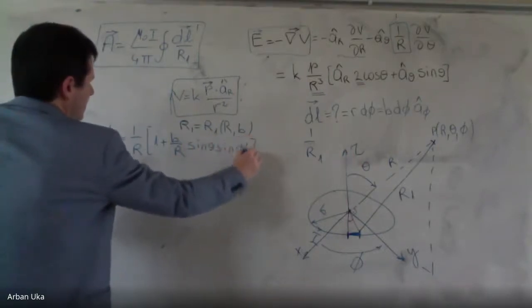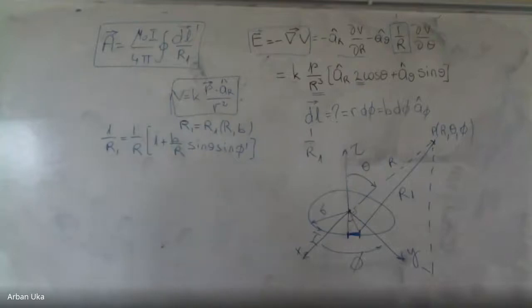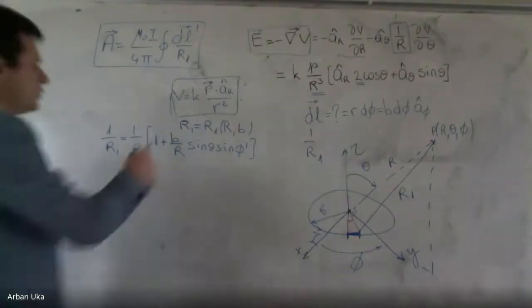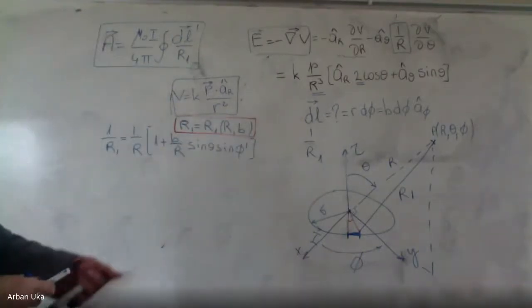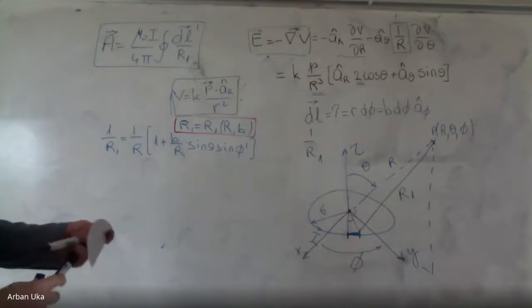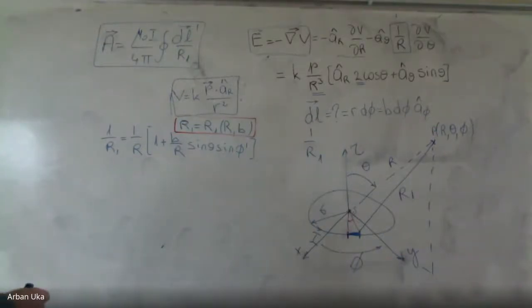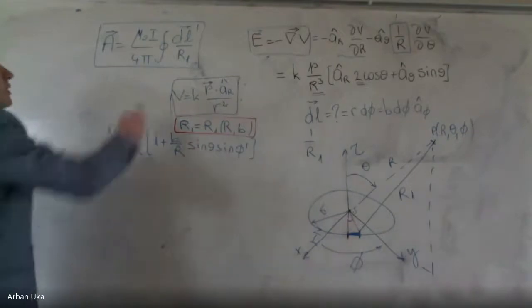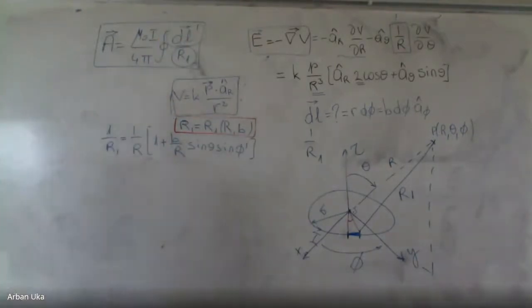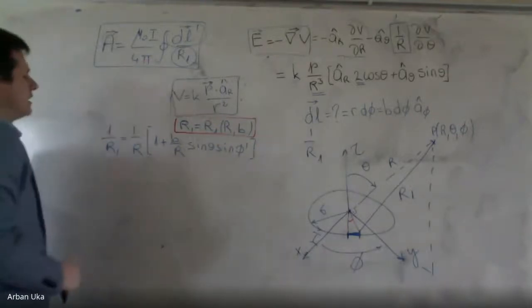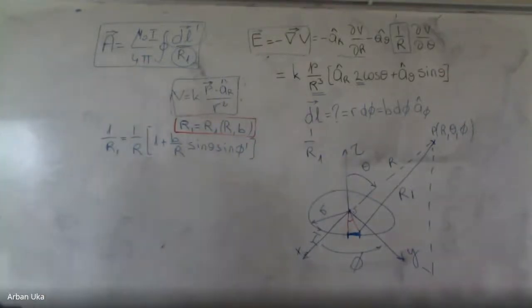We write this one with sine phi prime because with prime we denote the quantities where the sources are. So the source is a current, so that's why we denote those with phi prime. And now it looks like we know dl, we know this quantity. We know also this 1 over R term. So if we include these into this expression,